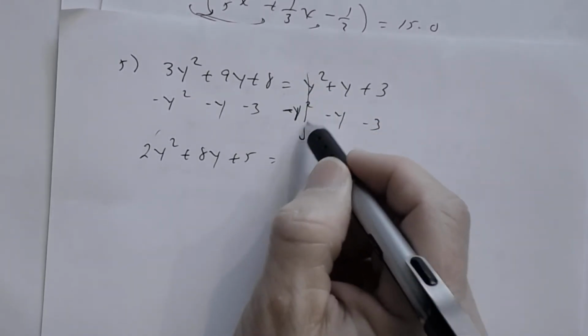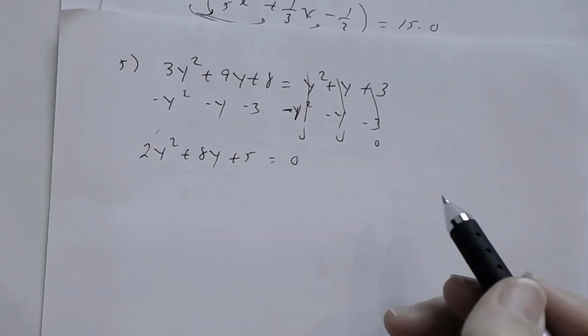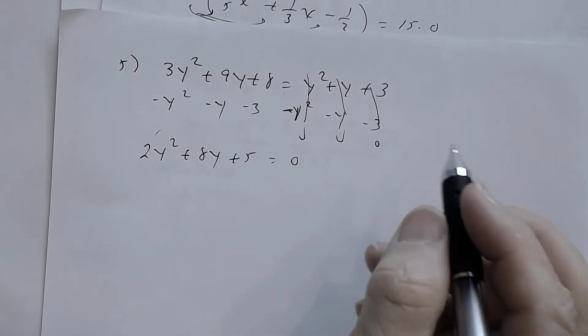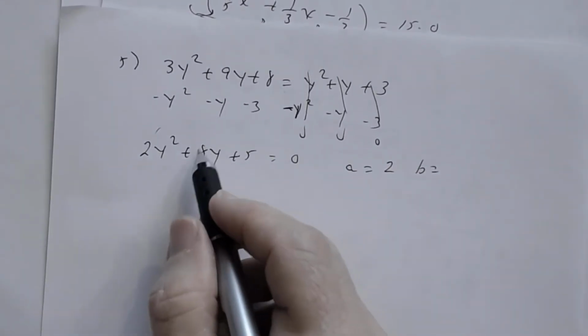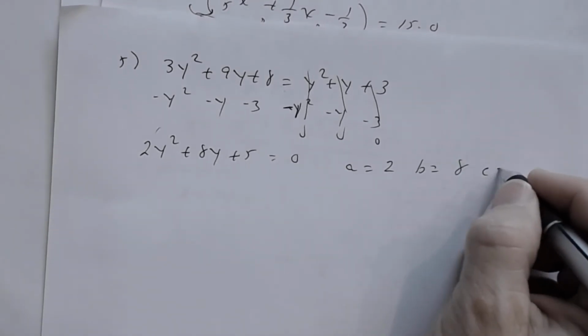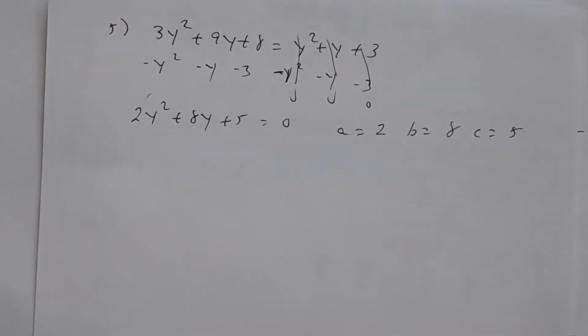And notice all of this is 0, right? When you combine like terms, basically what you have on this side is 0. So now it's in standard form. So now A is 2, B is the coefficient of y, which is 8, and C is your constant, which is 5. And so you're going to get,